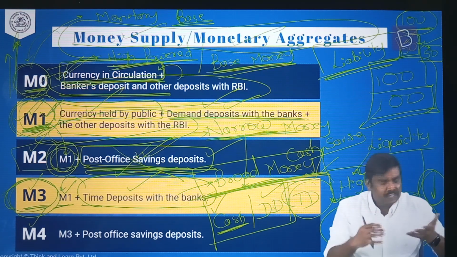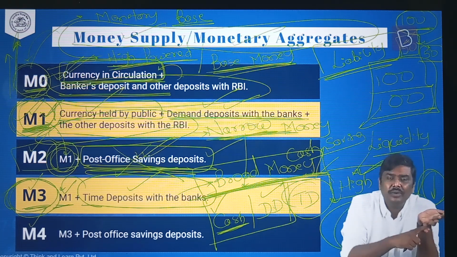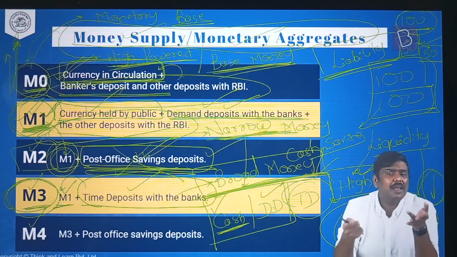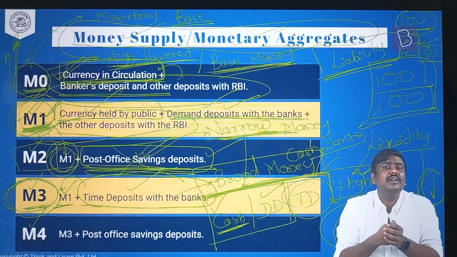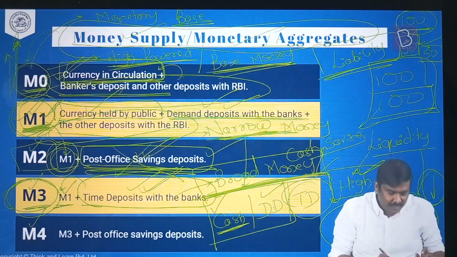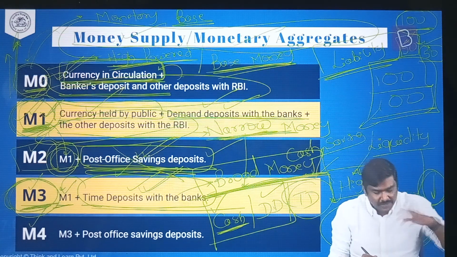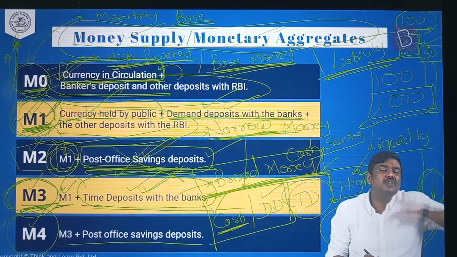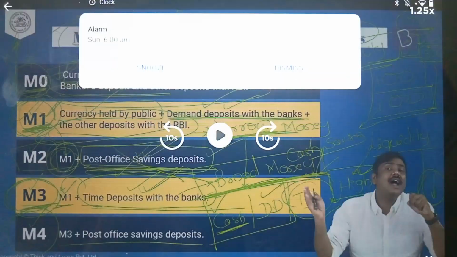But under M3, yes, that money supply which has very high liquidity plus that amount of money supply which comparatively has a lesser amount of liquidity. Example, the time deposits, right? Hence M3 is called a broad money, right? And finally M4, which as usual will take M3 into this and